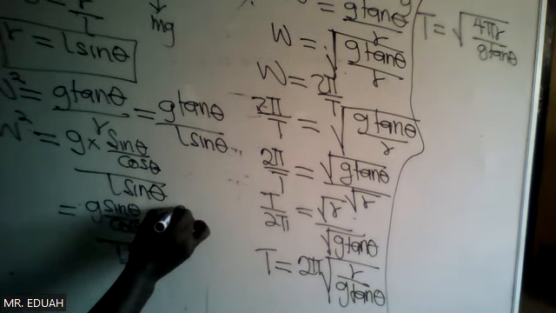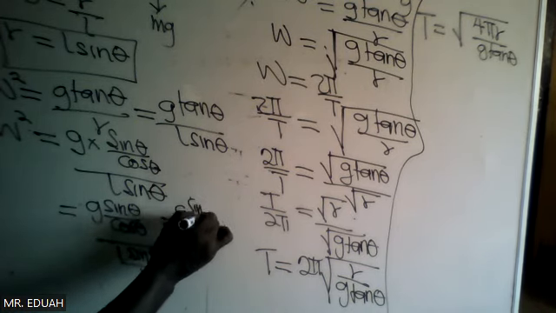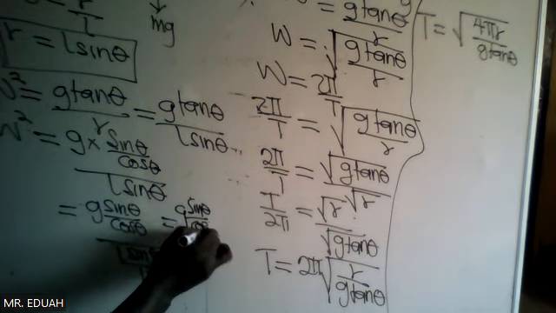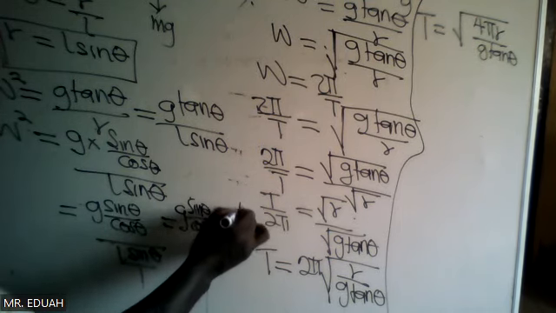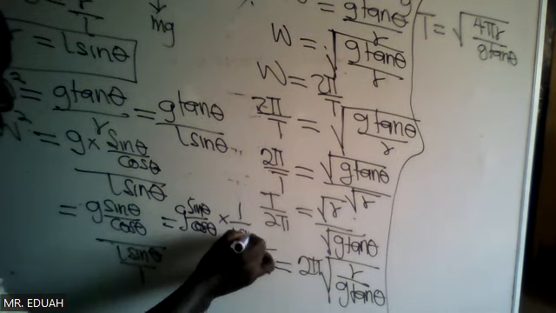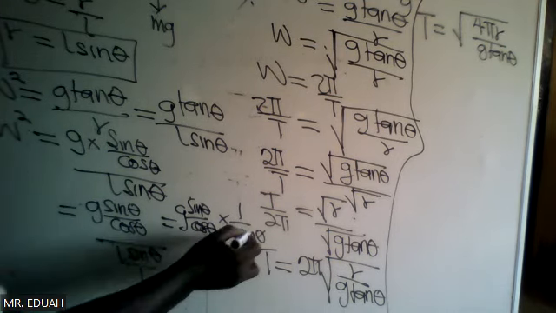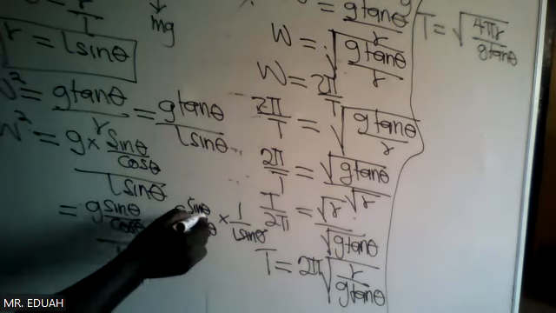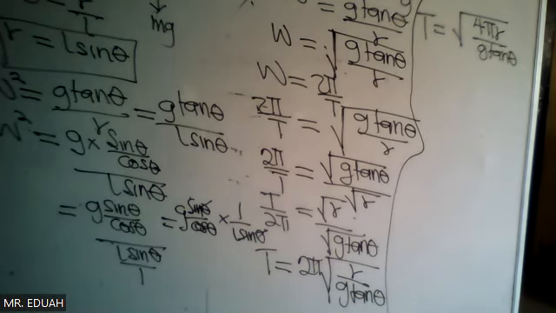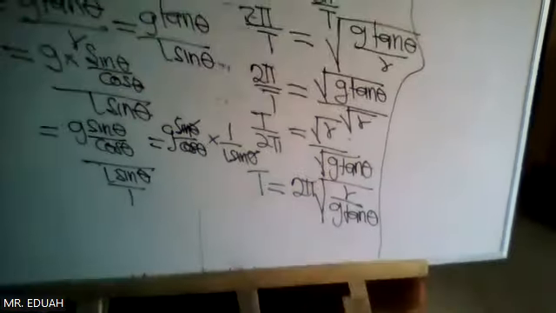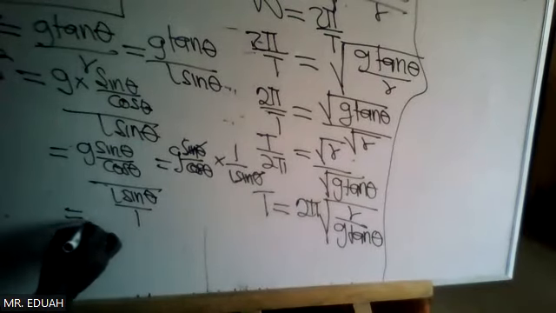And this is g sine theta over cos theta times 1 over L sine theta. So sine theta would cancel sine theta. And the final result will be